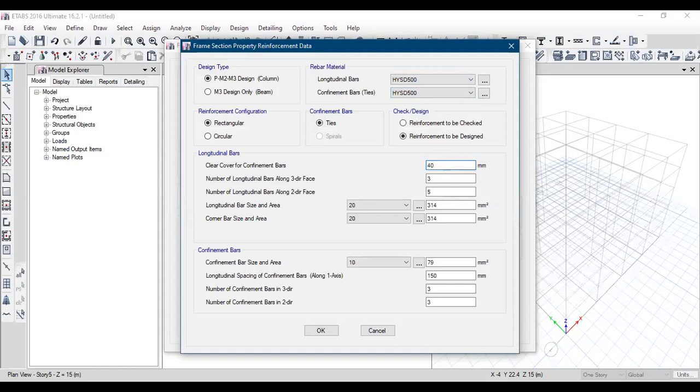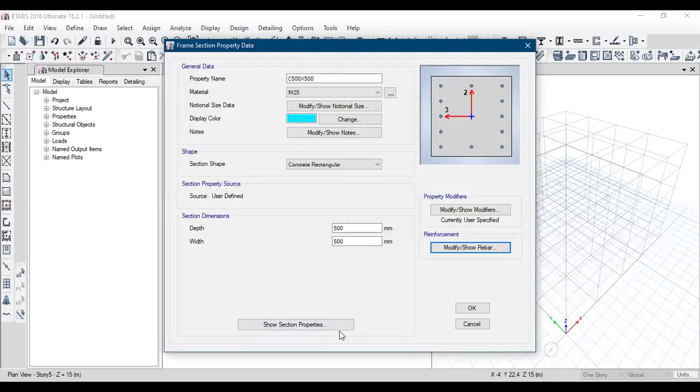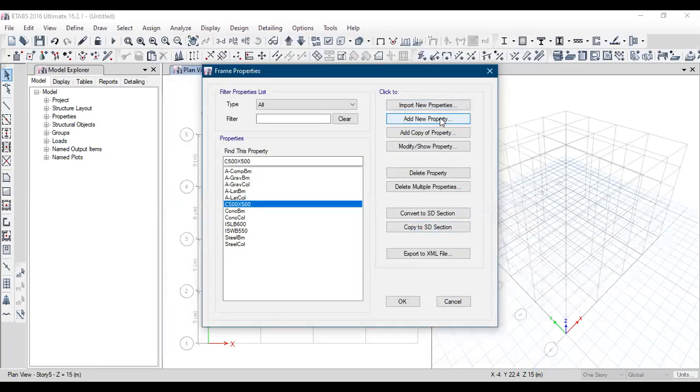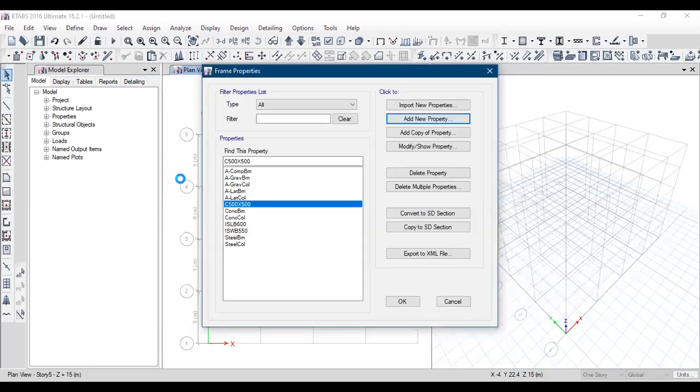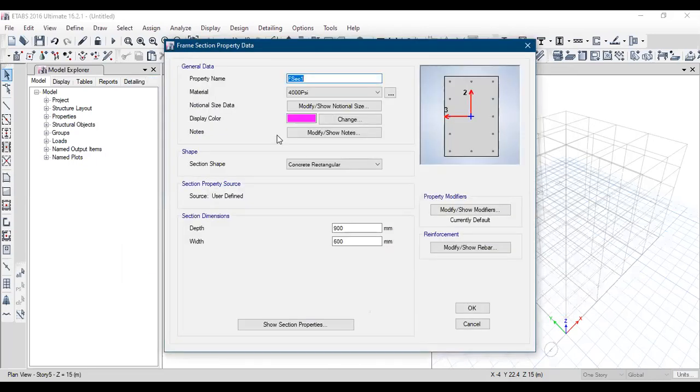Then cover for column, which is 40 mm. Then click on OK. So now again click on OK. Again Add New Property.